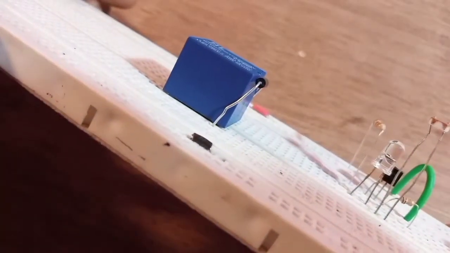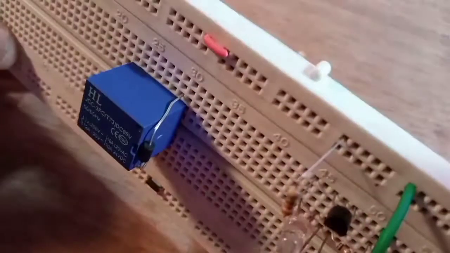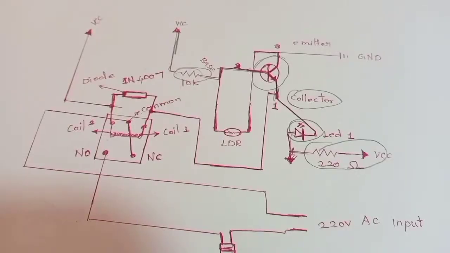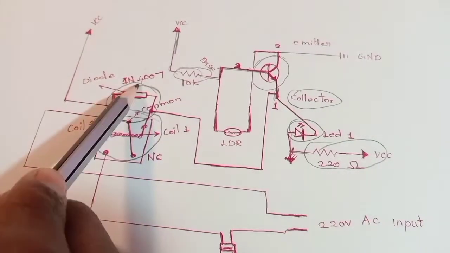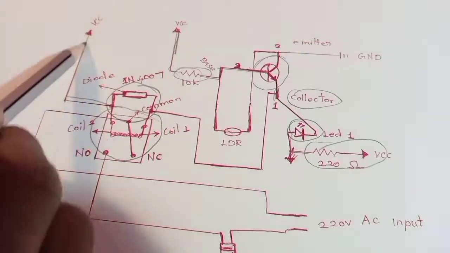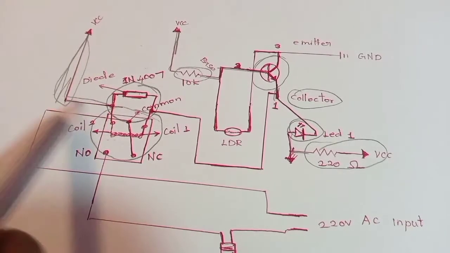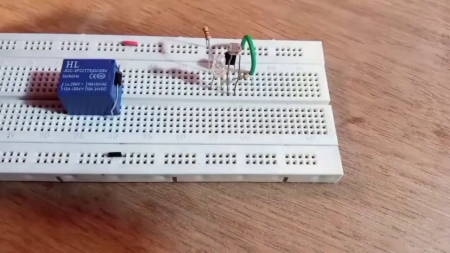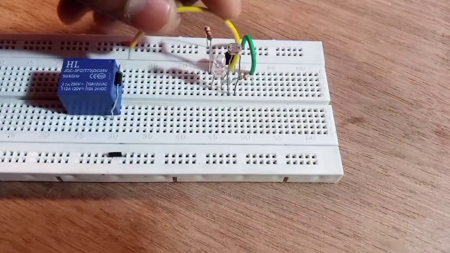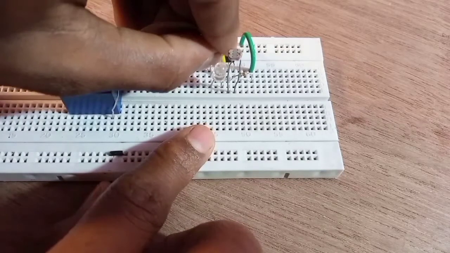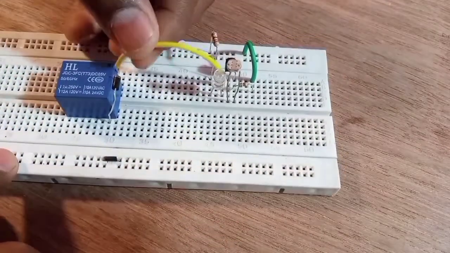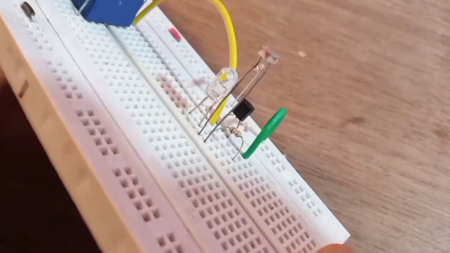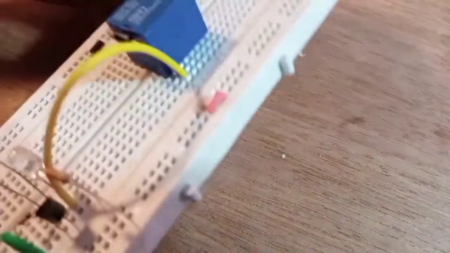The working principle of this automatic street light LDR circuit: the resistance across the LDR varies with the light intensity falling on it. When the light intensity is high, the resistance across the LDR is low. So the base of the transistor BC547 is connected to ground through the LDR. There is no positive pulse at the base of the BC547, so the transistor turns off. So current can flow through the relay coil and the AC lamp connected with the relay turns on.